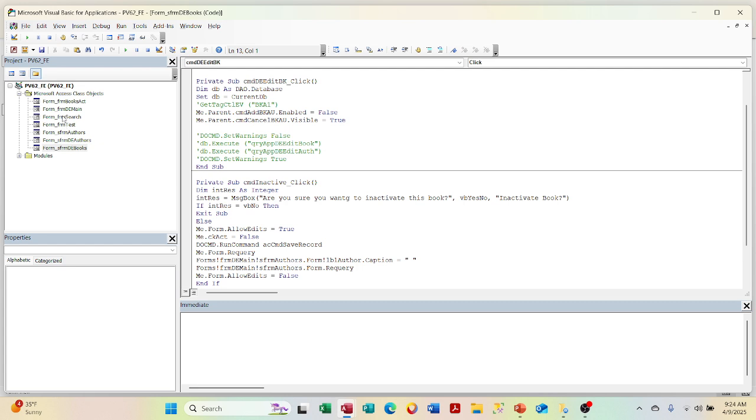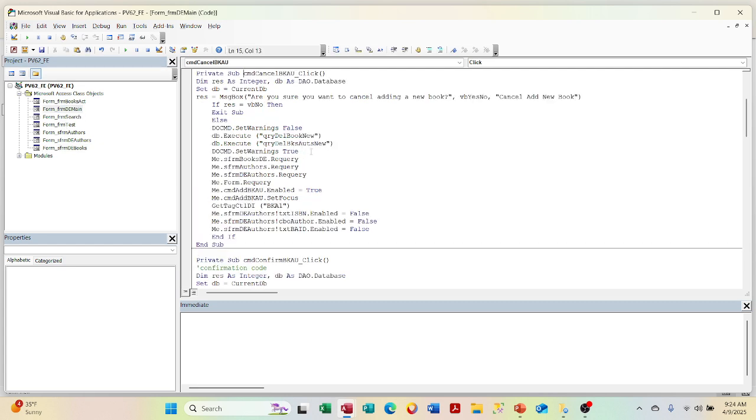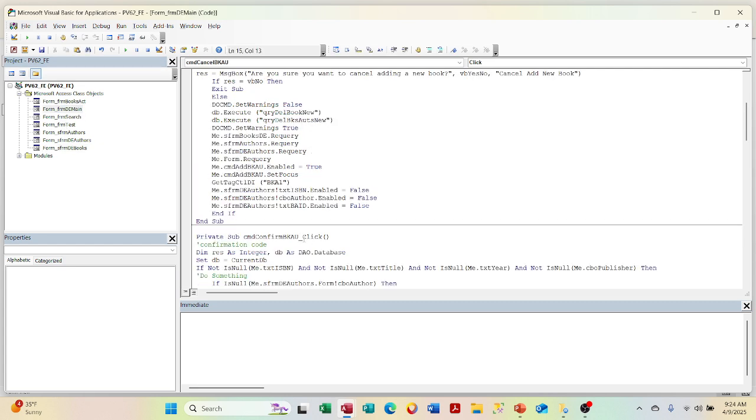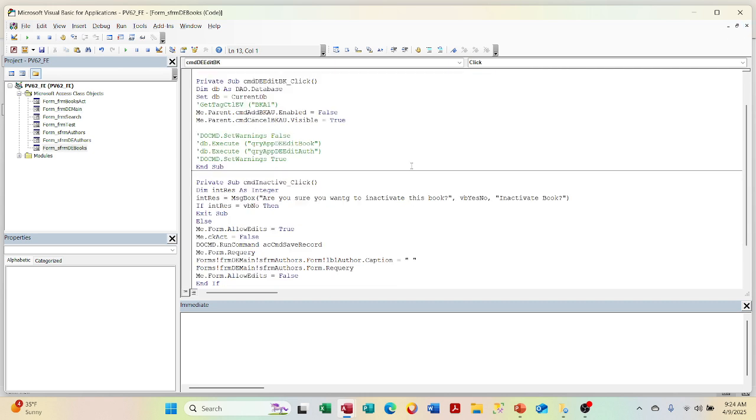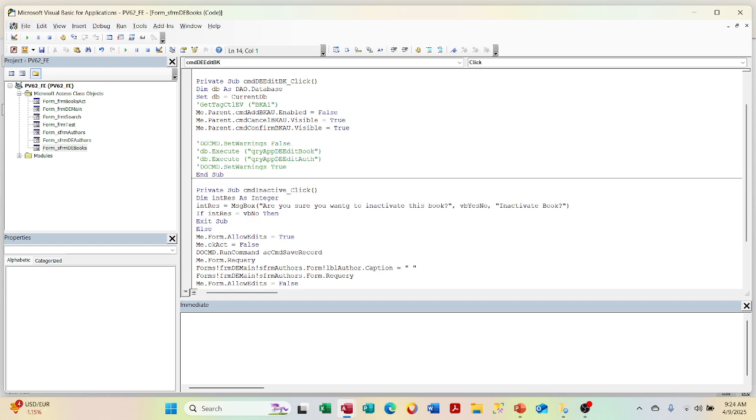We're going to go to the other one, which is command confirm. Dot visible equals true. And the reason we're doing this is because to run this through a tag, we're not going to be able to, we'd have to set,